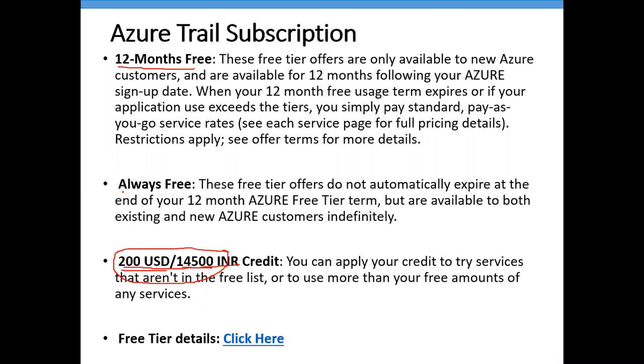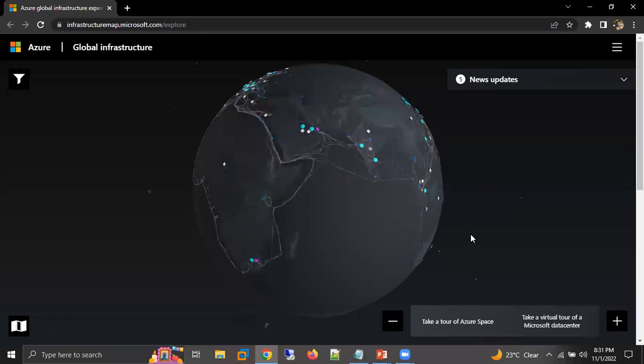And then there are a few services provided by Azure which are completely free for life, but under them they have given some quota also. If you are using that, then also we will not get a bill. But which services come under always free? Which services come under the free quota? Where do we get that information? I have given that link also for you guys. I'm going to show you that link, but before that, here is the map.